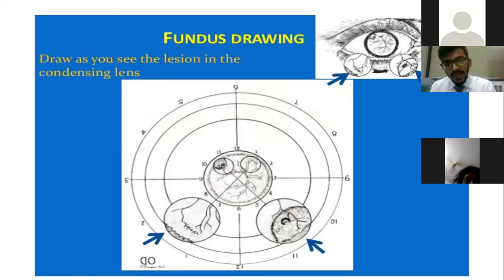Now, during examination, you have to understand, if you're not making the patient lie down, or if you're not keeping the diagram on the patient, when you're making the patient see in the superior nasal quadrant, the pathology is in the superior nasal quadrant, not that it is in the inferotemporal quadrant. The pathology is in the superior nasal quadrant, although the finding which you're seeing towards you is actually in the periphery, and which you're seeing in the periphery is actually towards the optic disc, and the left and right are inverse.